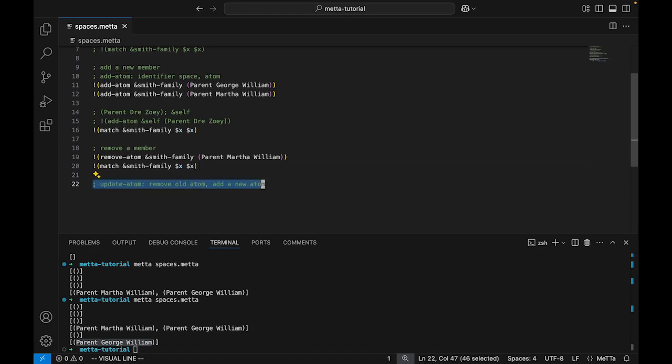We can leverage this idea to implement our own update function. So we're going to see how we can do that, but before that I'm going to do a quick segue